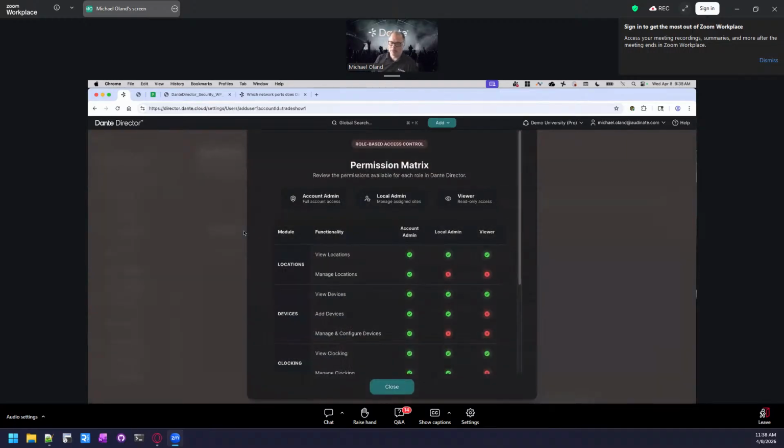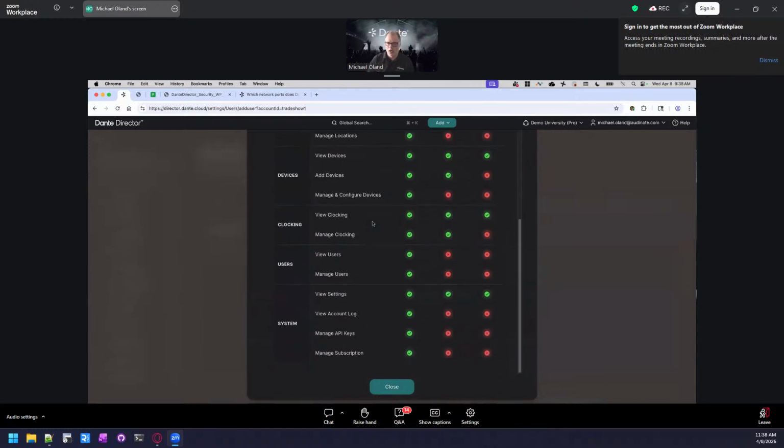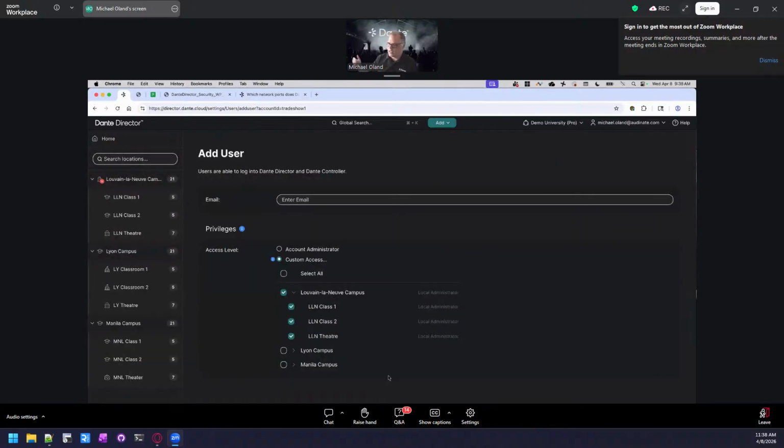Somebody pointed this out to me the other day. I don't think I knew this, but you can click on the information. It shows you what permissions are available to each person. I'm not going to go through all of them, but if you start looking at this, you can click on that at any time just to see what the rights are. So once you grant this, if a person logs in, they only see these particular sites and rooms as opposed to seeing the full network.